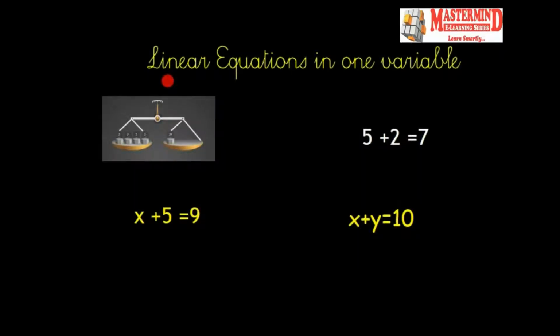In today's video, we are going to learn a topic called linear equations in one variable. Now on the screen, you can see a balance over here, a weighing balance. This balance has a left pan and a right pan. Both these pans have equal weights, and that is the reason the beam is straight like this and there is a balance between them. So we can say that it has a left hand side or an LHS and a right hand side called RHS, and they both are equal.